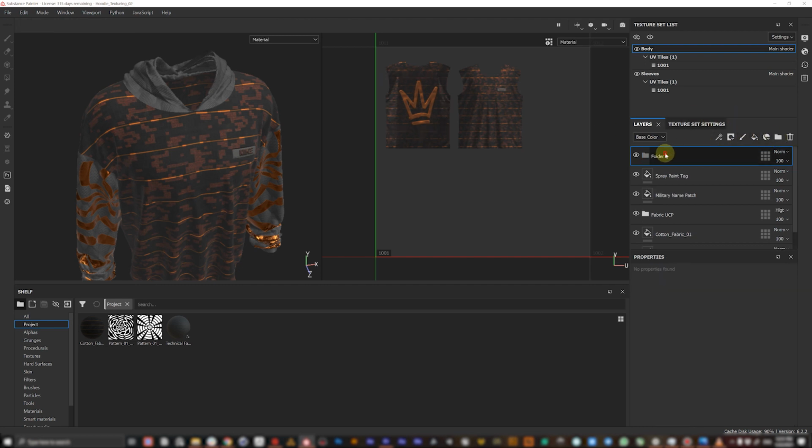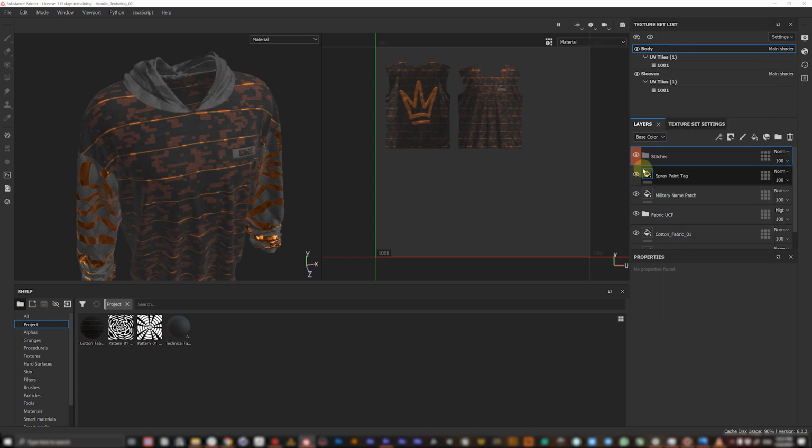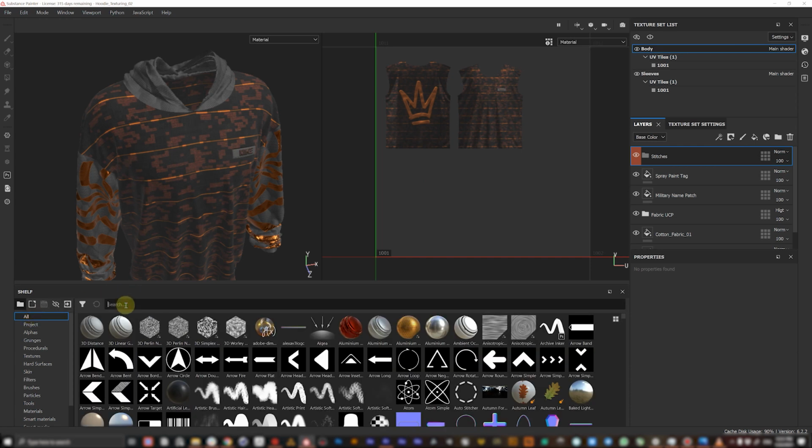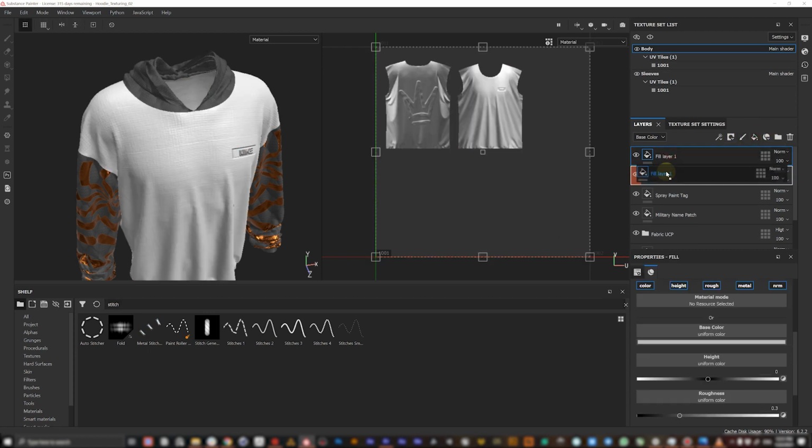Let's create a new folder and call it stitches, like here. Let's change the color to red because red is cool. And now in our shelf panel, let's type in stitches, stitch, and you can see this stitch generator over here. Let's add a new layer, fill layer. Let's call it stitches,